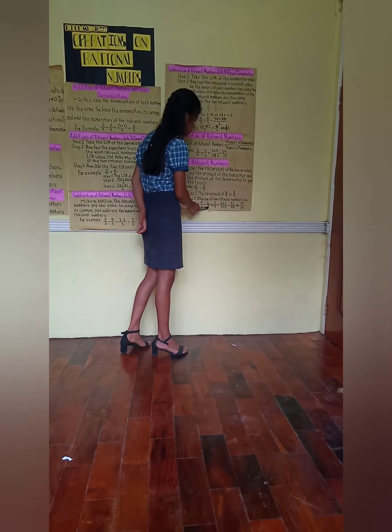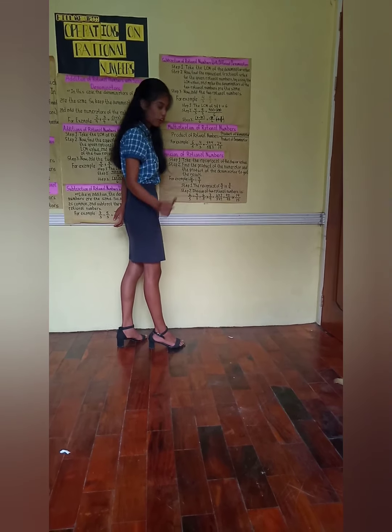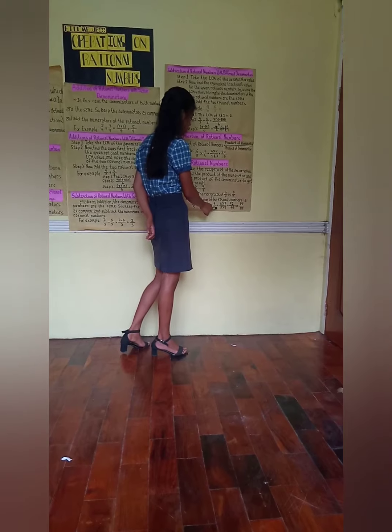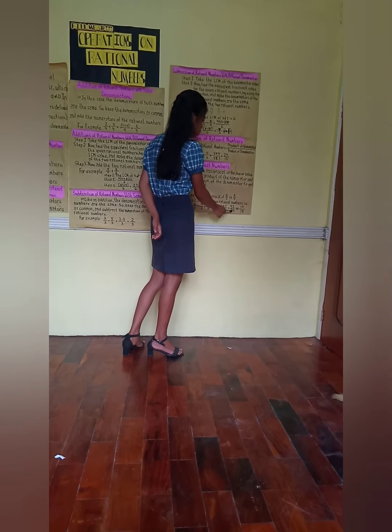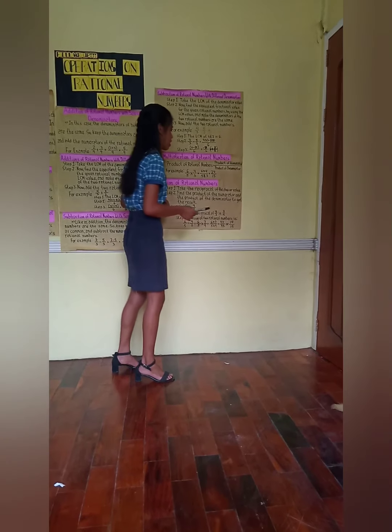Very good. And over 5 times 9, 45. Very good. So, 6/5 times 7/9 is equal to 42/45, or let's simplify, it's equal to